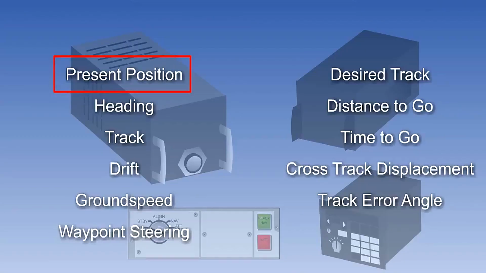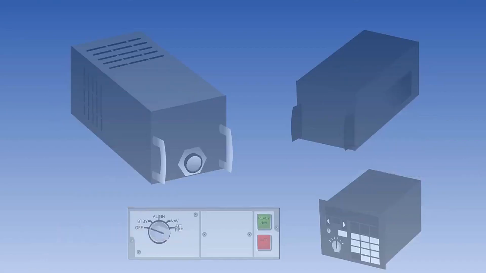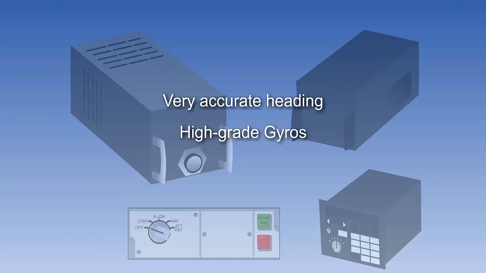It is often assumed that the most important single advantage of INS over previous systems is that it produces a continuously computed present position with no dependence on external references. However, what is almost as important is that in order to compute this position, it was necessary to greatly improve heading measurement accuracy. INS heading is about 10 times more accurate than previous systems, which were gyromagnetic compasses. Additionally, INS heading is not dependent on Earth magnetism.